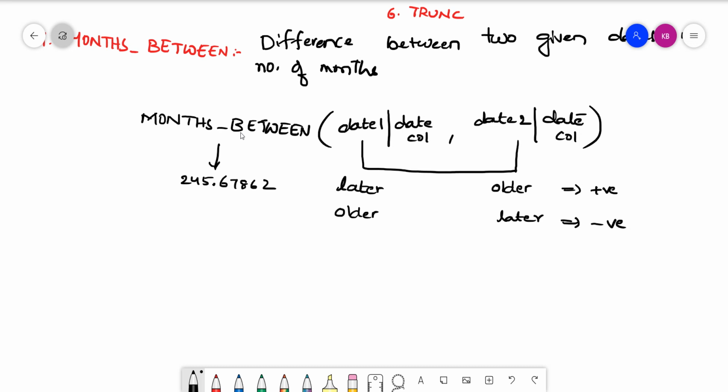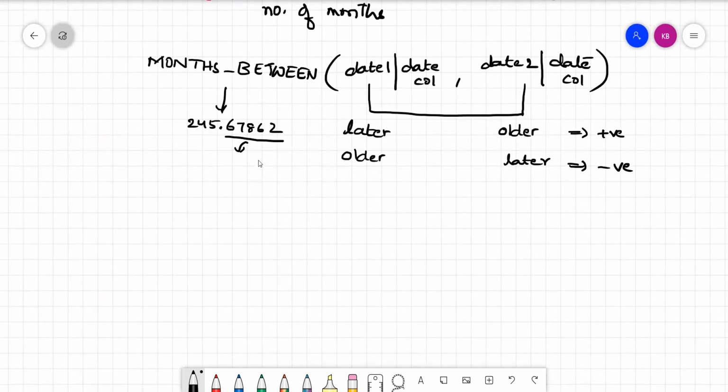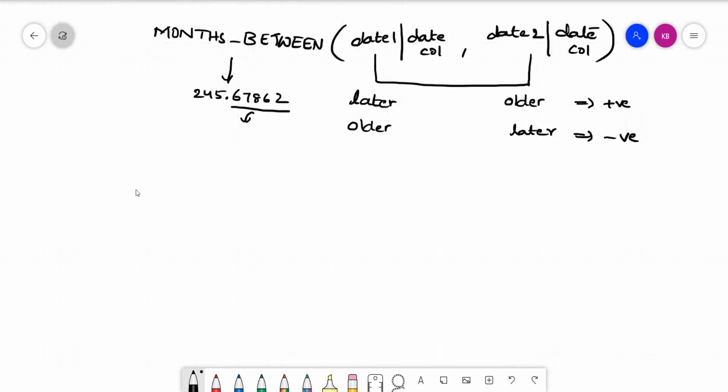So what does this fraction mean? It indicates the leftover number of days or the fraction of a month that we have as difference between the given two dates. Let us try to understand how months_between can be used in the select statement.